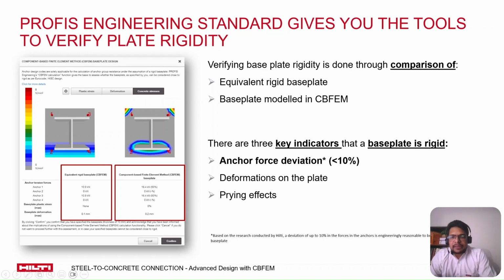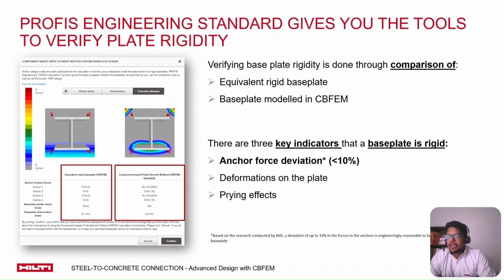The software calculates the deviation of the actions on anchor between the modeled base plate and an ideally rigid base plate as a percentage. The greater the percentage deviation, the less code compliant the modeled base plate is. You can then decide for yourself to what extent the base plate is sufficiently rigid or whether further adjustments to the design are necessary. And here we can have a look at one of the examples where you can see